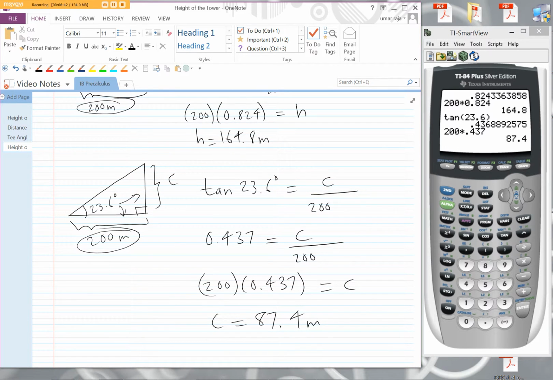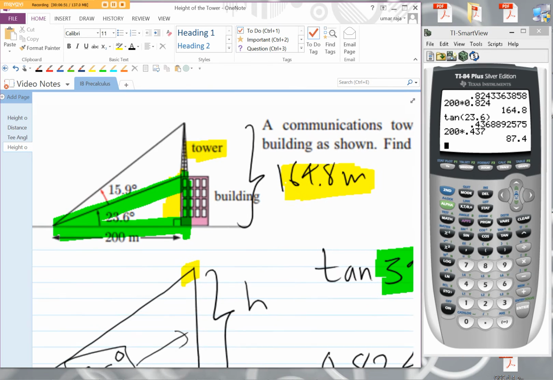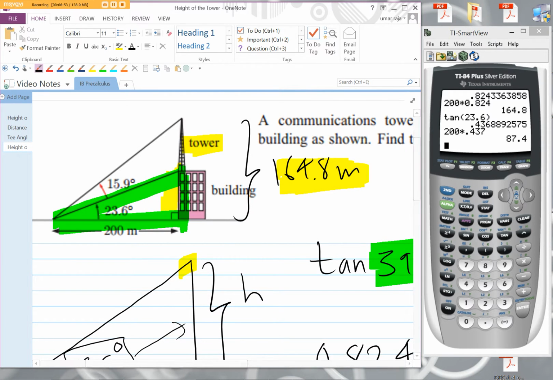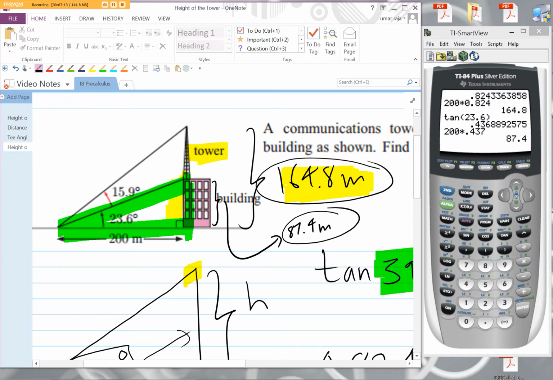So what exactly does this answer represent? Okay, so you got 87.4. Let's go to the original problem that they gave us. So the 87.4, we're going to zoom in on this. The 87.4 is this height. Let me just relabel this. So that's the height of the building. This is equal to 87.4 meters. Now, since you know that the overall height came out to 164.8 and this came out to 87.4,